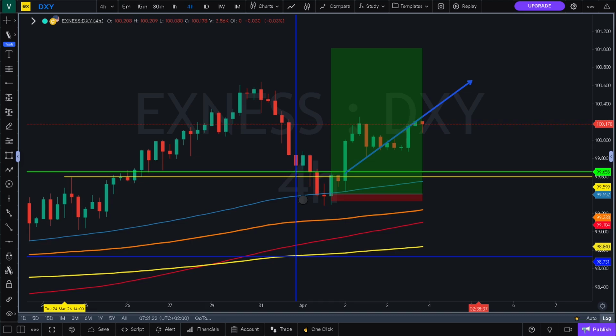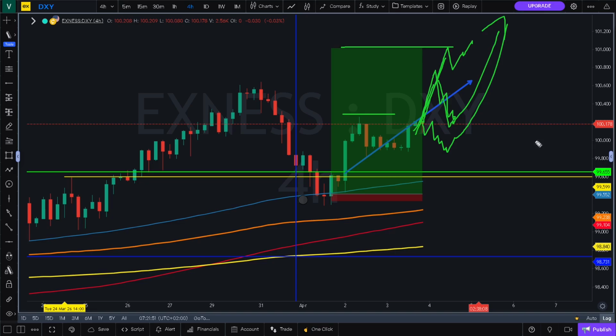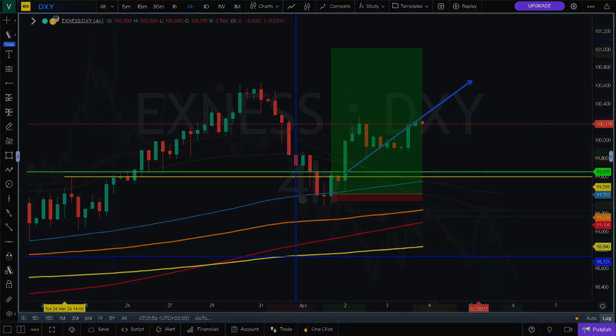So let's go straight over to the euro and the dollar and see what it has in store for us. Before we go to the euro dollar, I did tell you exactly what it costs for us to go to the upside. Any pullback to the downside is okay before we continue to the upside. If we go straight, we might pull back to retest this level right here, proving it is broken resistance now turning support. But either way, the overall direction is to the upside. So let's go straight to the euro dollar.